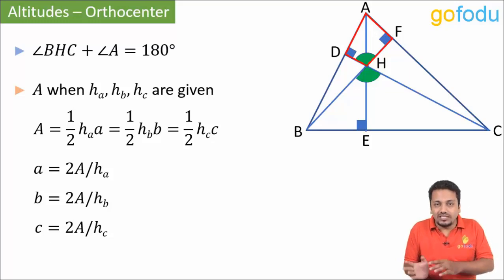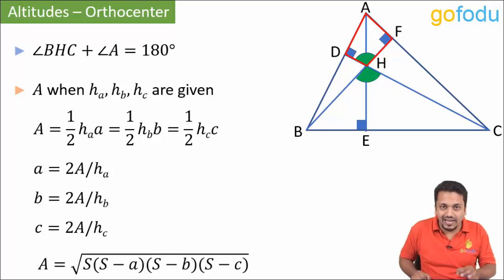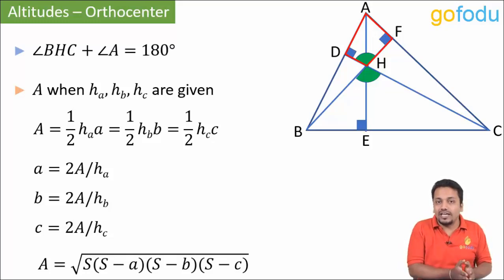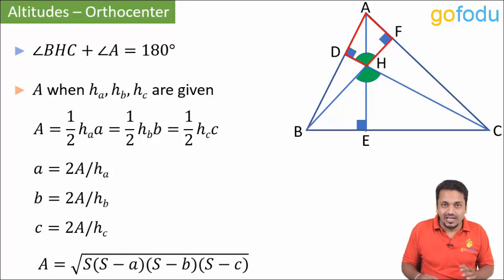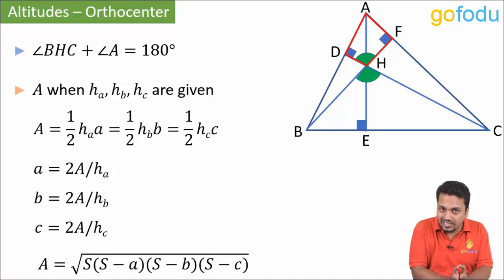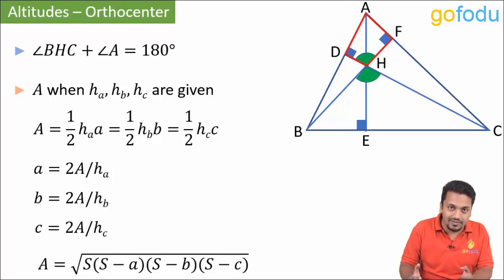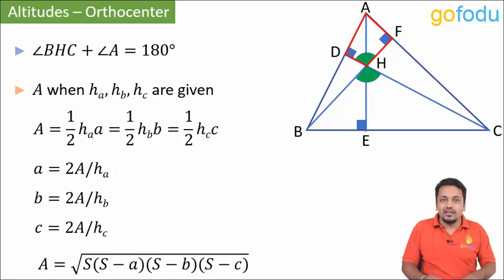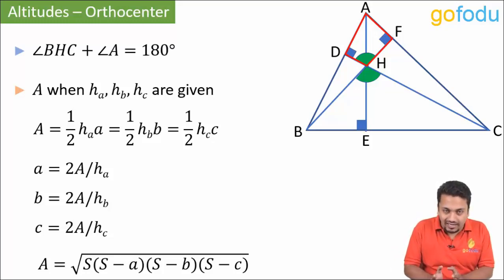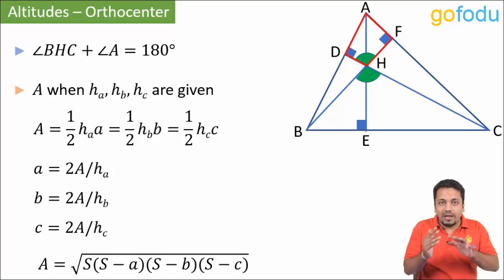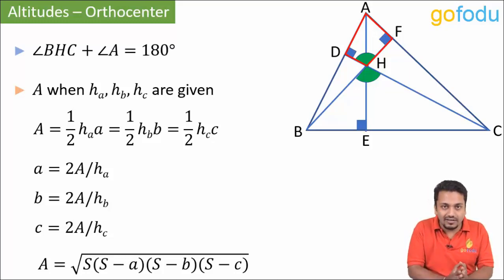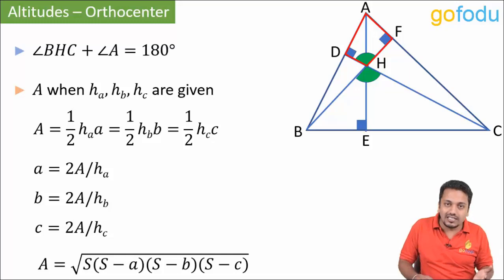Next, we can simply put these sides in Heron's formula and get an equation consisting only of the area and the 3 altitudes. Now, this is a little calculation intensive, and CAT will never ask such a question. Even the logic is way above CAT level. Now we together started this process of improving imagination and thereby improving in geometry, so this is just a mental exercise for that. Once you have calculated this area, you can put it back and get individual sides as well. So you can get the altitudes when the sides are given, and you can get the sides when the altitudes are given.